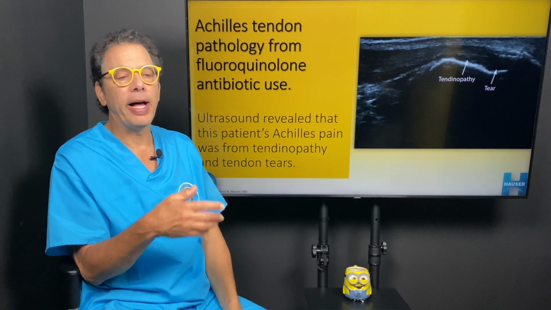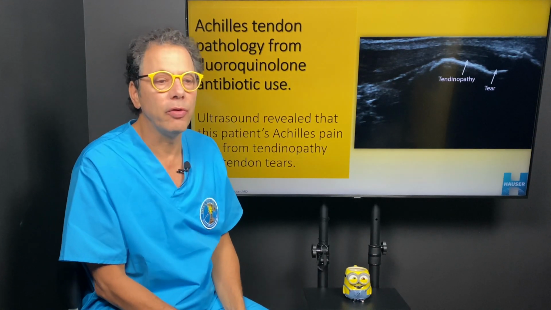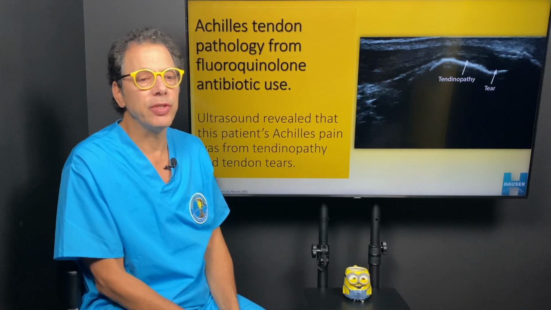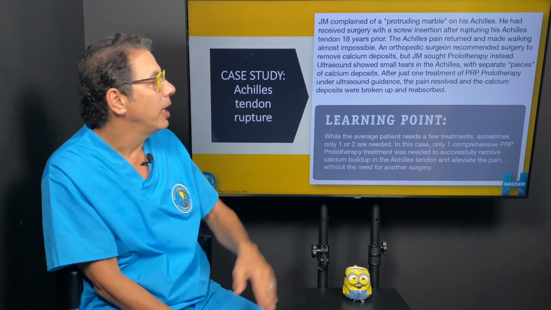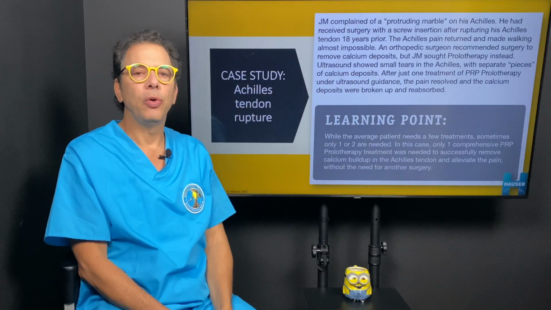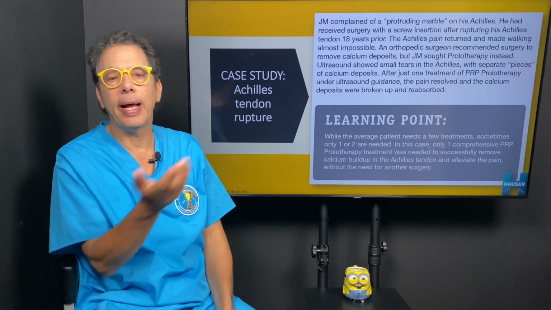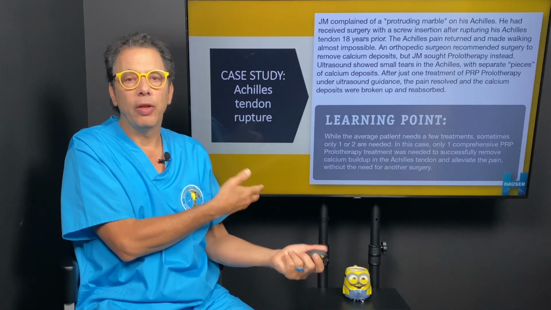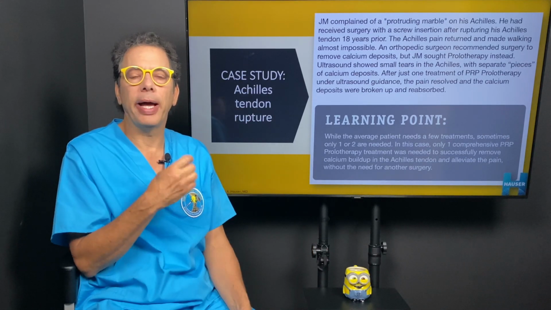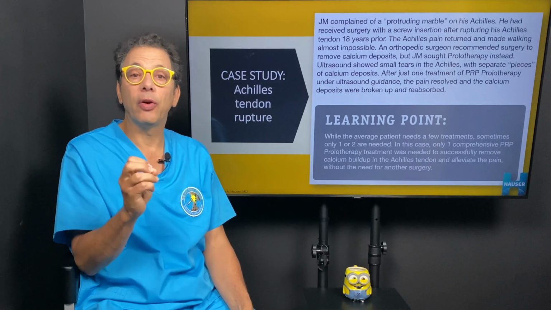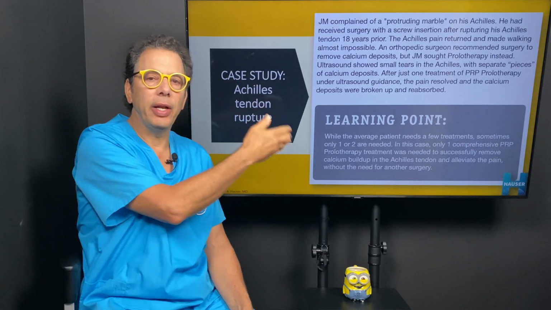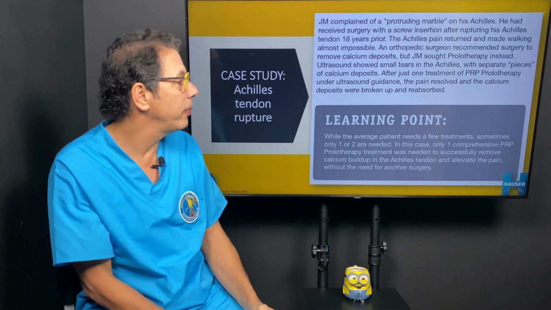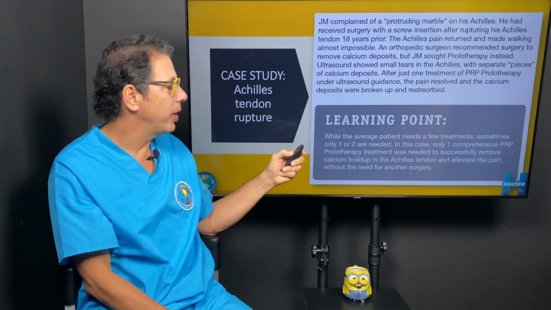Quinolones, ciprofloxacin, Levaquin, and some other quinolones are known to cause tendinopathy, and we've definitely had various patients get Achilles tendinopathy. This is just a case report of one patient who had quinolone-induced tendinopathy. We did prolotherapy. Often with tendinopathy, especially if there's a tear, we'll use platelet-rich plasma as the proliferant, and under ultrasound guidance, guide the needle right where the tear is. Sometimes it's one visit, sometimes it's 4 visits, but it responds very, very well,